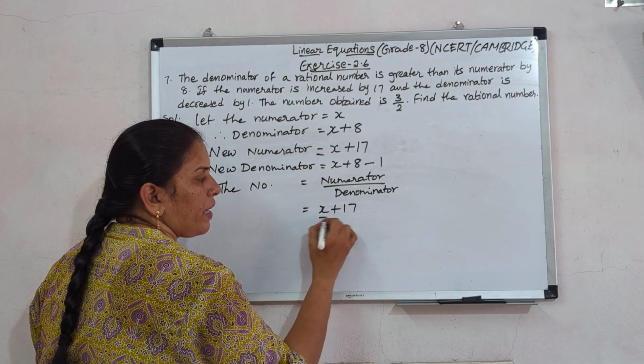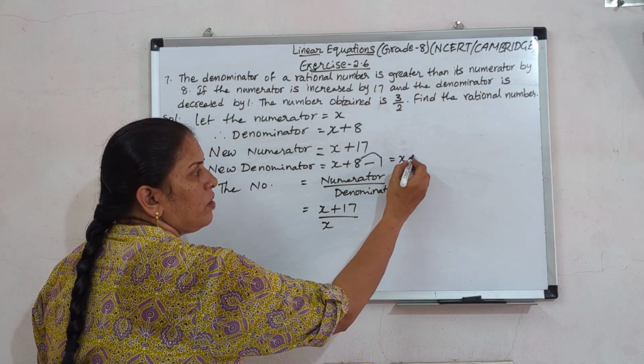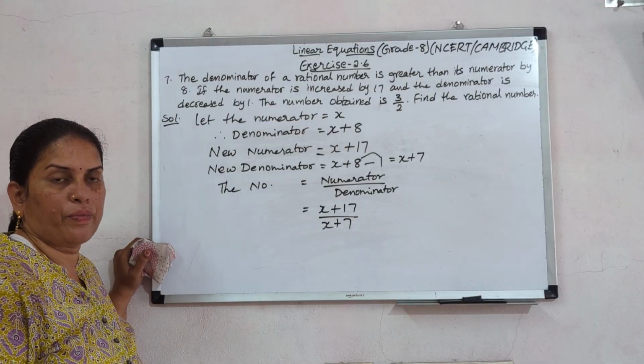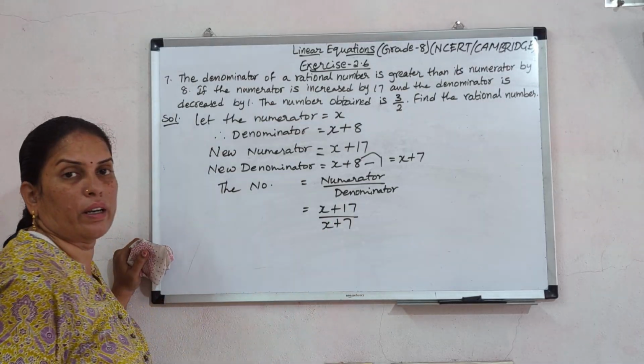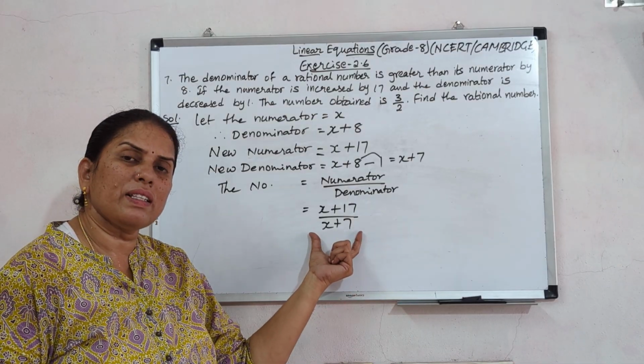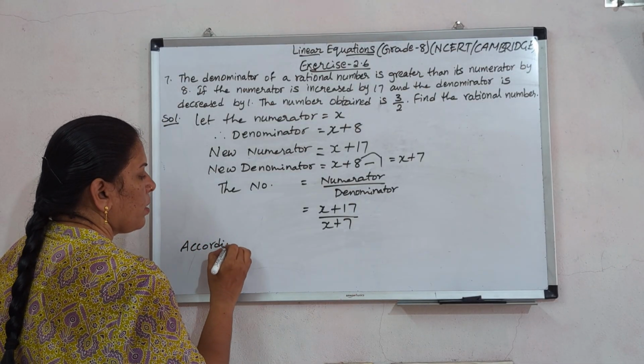x plus 17 by, what is the denominator? 8 minus 1 is equal to 7. So, x plus 7. This is a new number. Understood? Already they give 3 by 2. That means this number is equal to 3 by 2. According to the question,